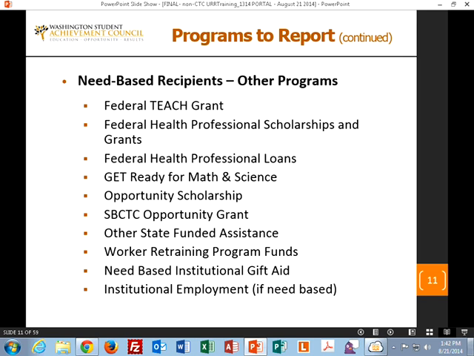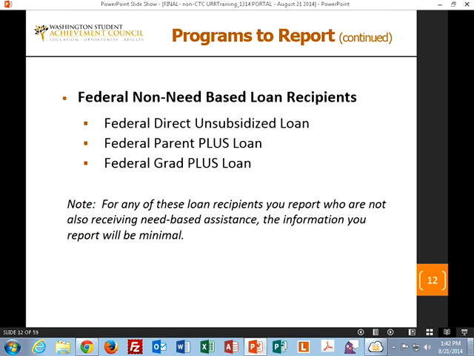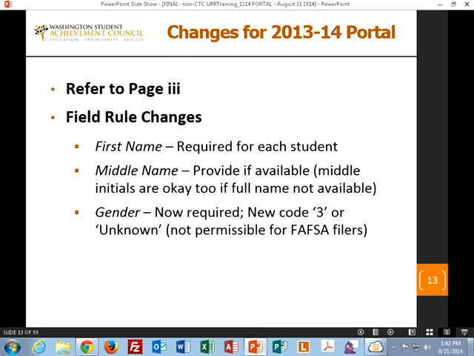If not, you give us as much as you can within the constraints of what we lay out for you. For federal non-need-based loan recipients, there's less information you have to report. For example, we don't need to know about other scholarships they have received, whereas for a needy student we would. So you could report just the loan amounts if it was non-need-based.